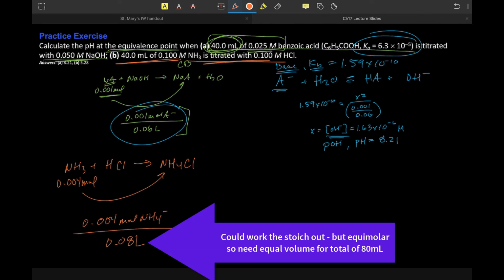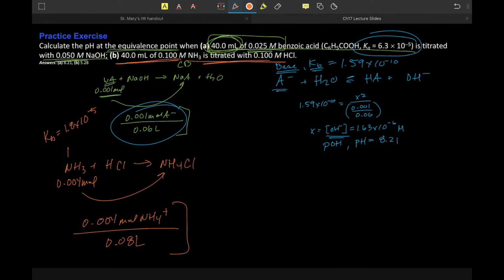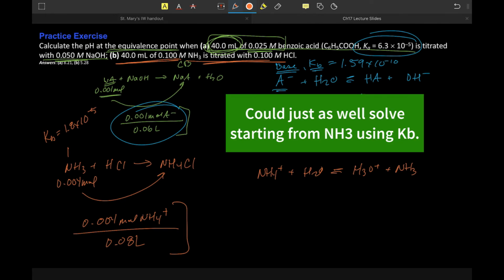Now, NH4 plus functions as a weak acid. Okay, so now we're going to take my ammonium and we're going to write down what that does with water, right? So ammonium is a weak acid, which means that that is going to undergo this. It's going to form that plus NH3, right? Deprotonate it, right? It is a proton donor because it is functioning as a weak acid here,